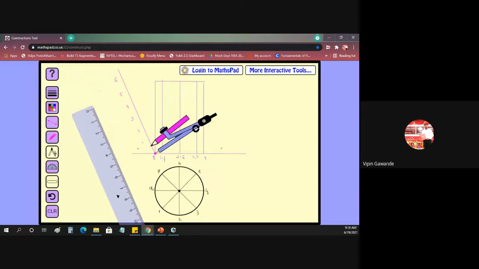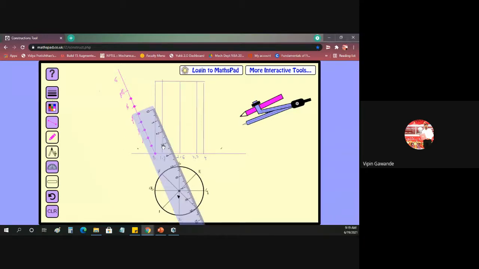So this is 1. Then this one is 2, because we want the same number of divisions. Then this is 3. Then this is 4 here. Then this is 5. Then this is 6. And this one is 7. And this one is 8. So 8 divisions I have marked here. These are not there. So I have divided the line into 8 number of divisions.